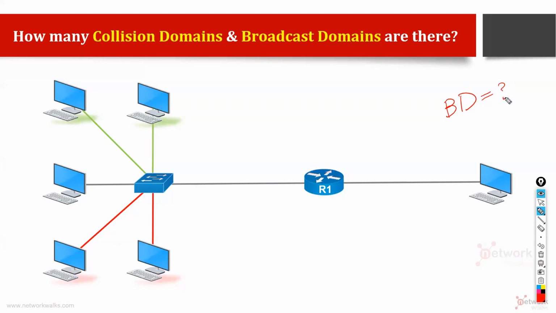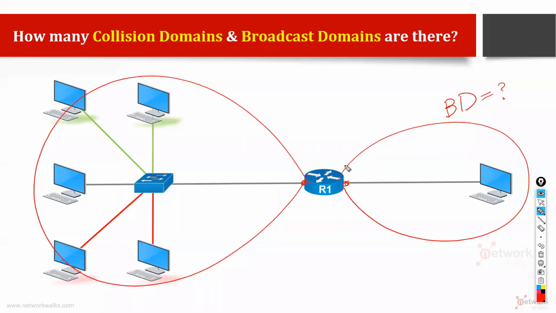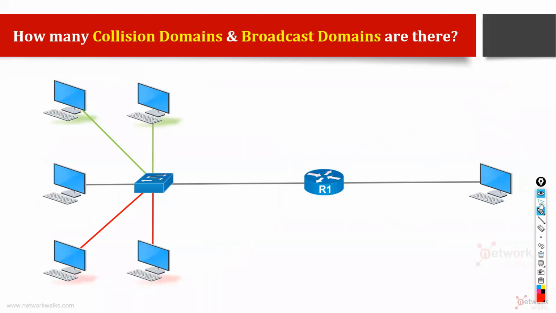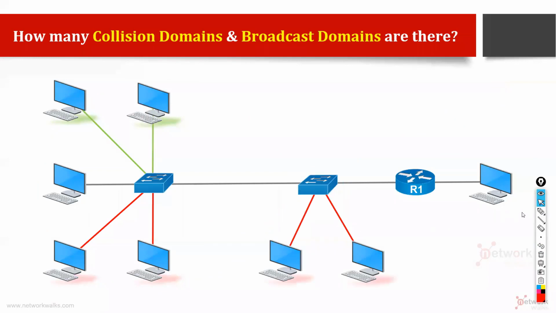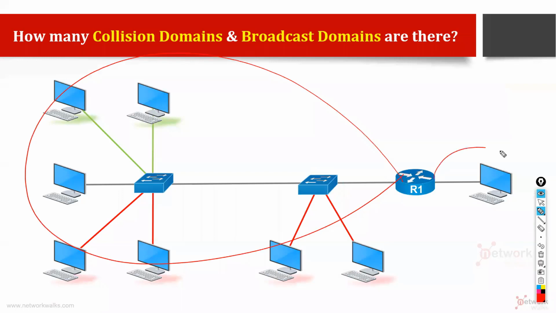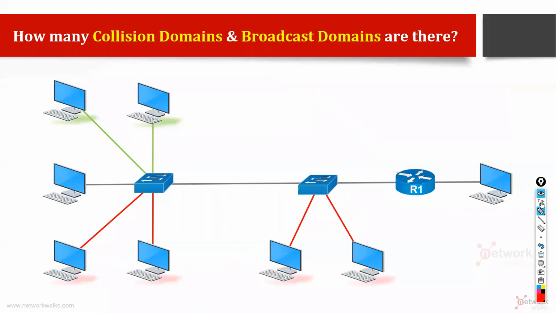Easter, Suleiman, Sia, Christmas, Joe, Watu, Mika, Melody, Peter, Matthew, everybody says 2. So most of the people are saying 2. Yes, very clear. Why? Because there are 2 router ports, one broadcast domain and another one. So this is one BD, another BD. So total there are 2 broadcast domains. It was simple. Okay, now how many broadcast domain? Of course, it's still 2 because one router port, another router port. So no need to spend much time.